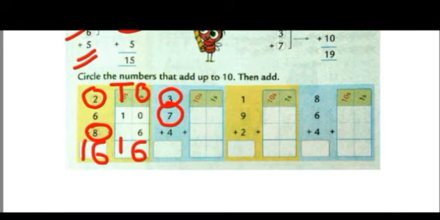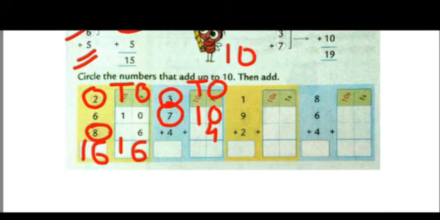So this 10, the 0 will be written in the ones side and this 1 will be written in the tens column. This is the ones column. This is the tens column. Now what is the remaining number? 4. So 4 is a 1-digit number that will be written in the ones column. Okay, so now we have arranged the number.